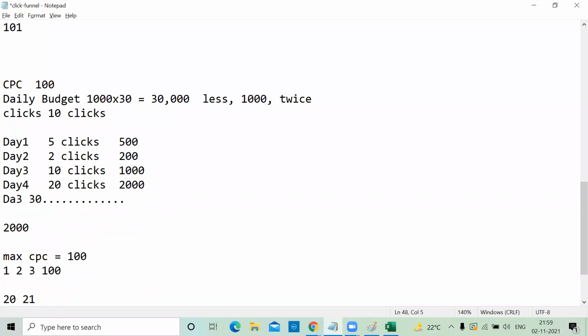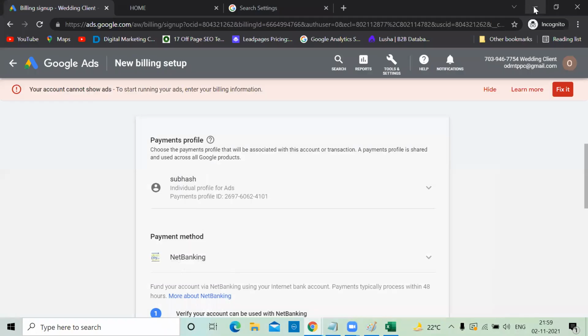Among them, 18% will be deducted. So assume that I'm not counting actually. 10% means it's 200, so 400. So 400 rupees will go to the GST. The remaining 1,600 rupees only is utilized for the campaign. So that is one drawback. But if you have GST, you can mention it.